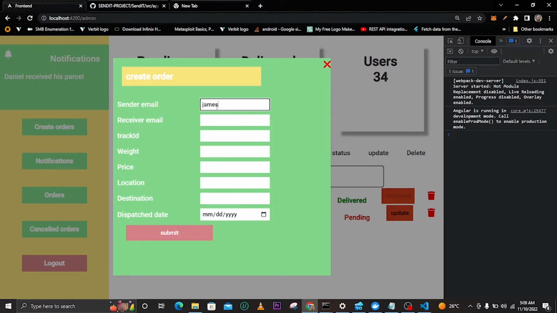something like james@gmail.com, can say daf@gmail.com, have track ID, can give anything, can have cost. So when you are adding here in the weight, you see you can't add any characters unless it's a number. So we have now here 340, maybe location to be Nairobi, and maybe location to be Canada, something of